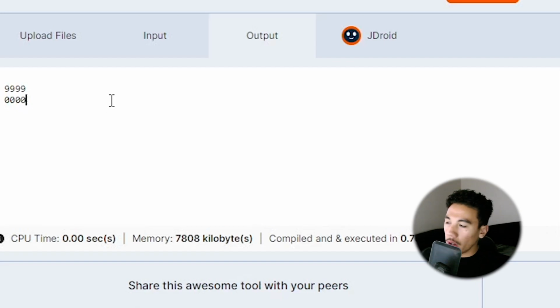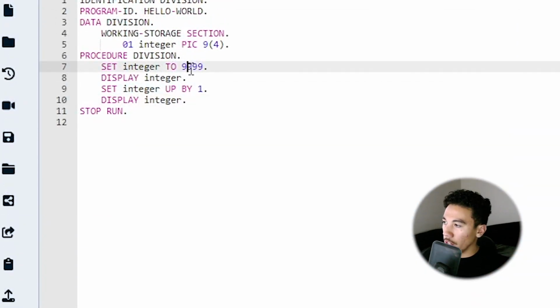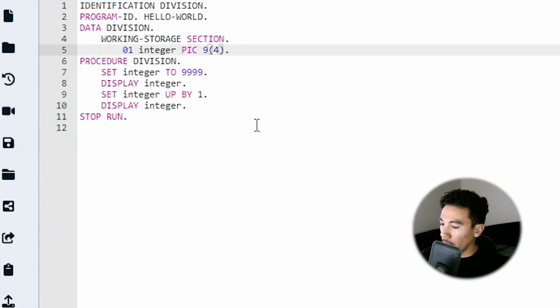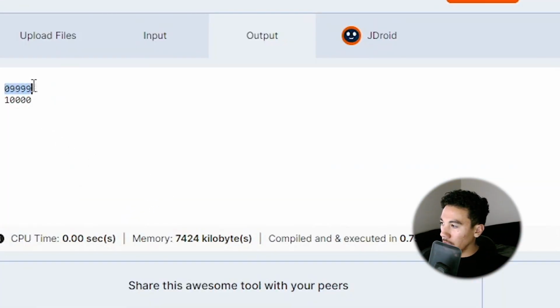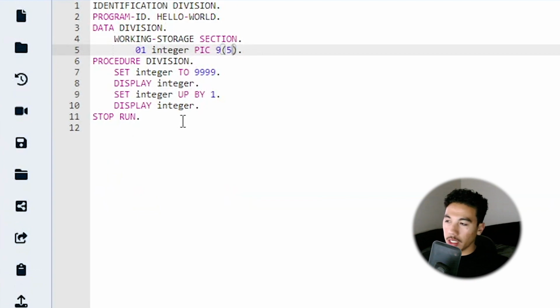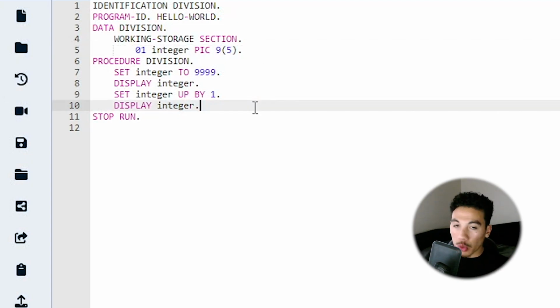It's only reading the bottom 4 digits of this variable because we've set it to 4. If we set this to 5 though, see, it'll be that 09999 and then 10,000, which is what the variable actually is. So basically, this language sucks. Counting variable lengths is already bad enough with chars in C. Integer lengths is a whole different thing. It's so unnecessary.